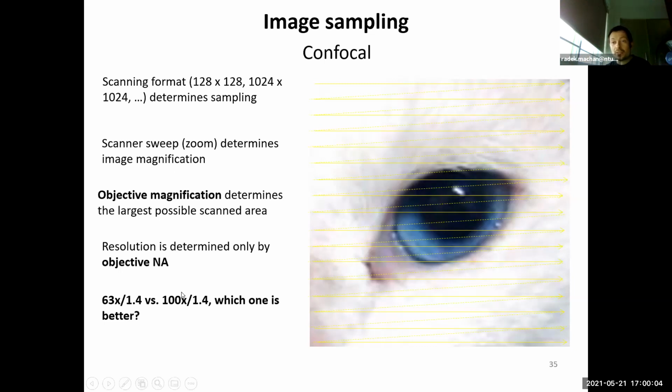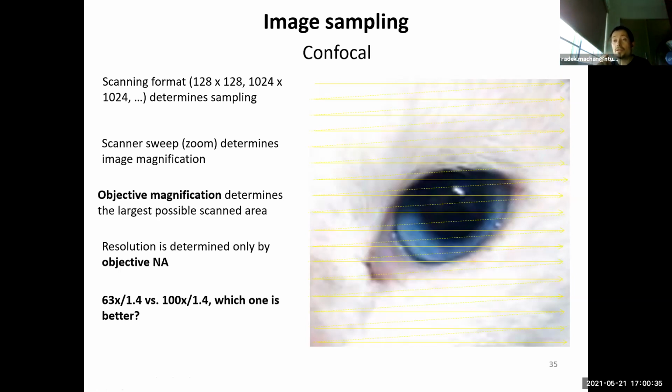So the 100 times doesn't give me any advantage at all. The other thing, you may say, okay, but if I'm not interested in a large area, then it doesn't matter really. I can take the 100x. Well, actually, even then, if you don't utilize the full range of the scanner, the 63 times has an advantage